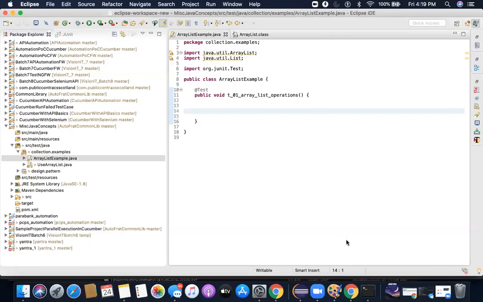Hey guys, so today I'm going to talk about two collection objects. One is ArrayList and the second is HashMap, and we will focus on understanding how we will make use of these collections. In my opinion, these two collections, ArrayList and HashMap, are widely used across various programming